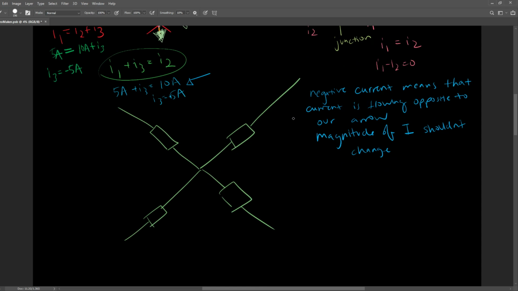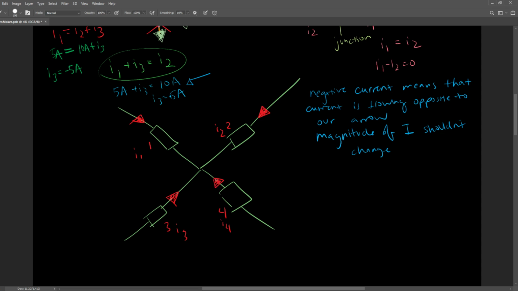So let's take this last example. Let's say we're going to assign our elements. Let's say this is element 1, this is element 2, this is element 3, and this is element 4. Let's label some currents: I1, I2, I3, I4. And then let's give it a current direction. So let's say this flowed that way, that flowed that way. But wait, I can assign arrows arbitrarily. So if I just assigned it this way,